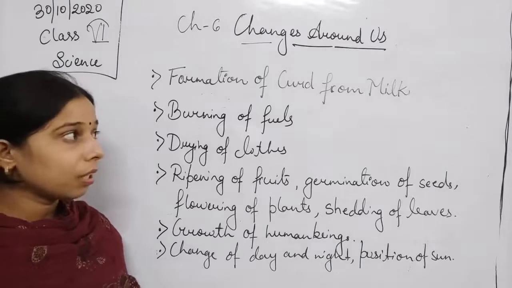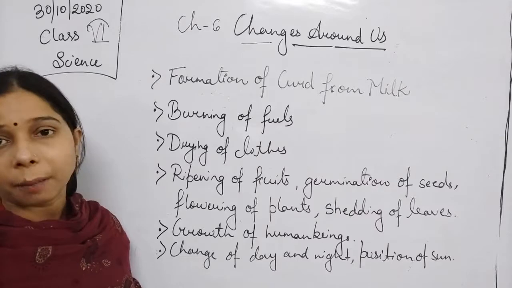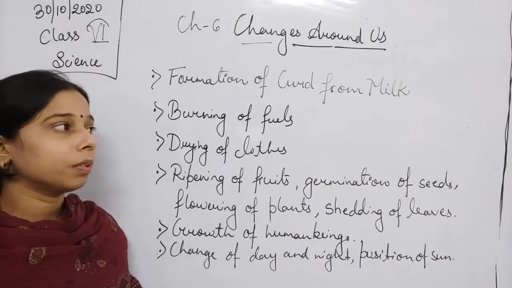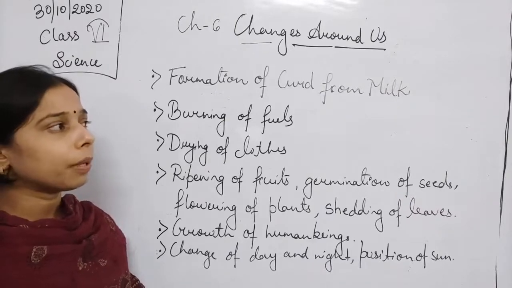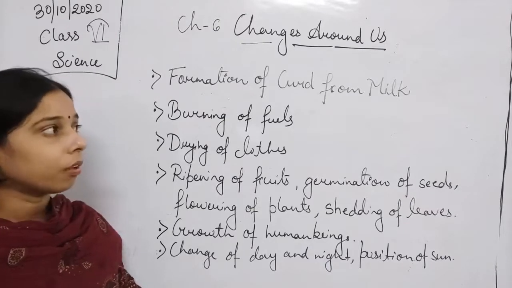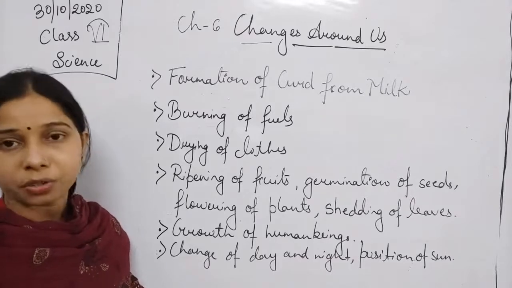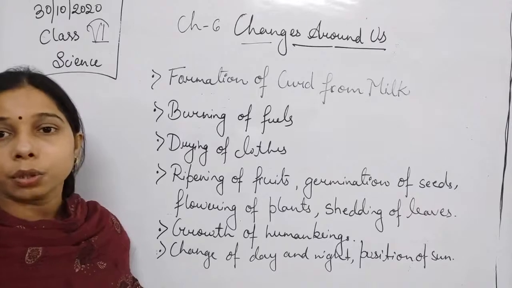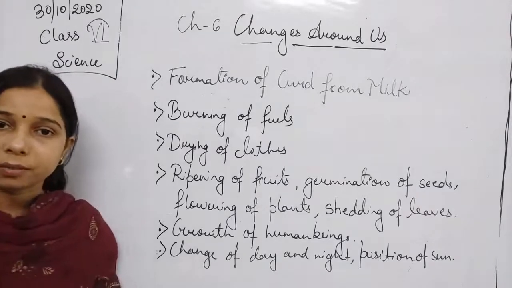Right? So you see student, if you keep milk having a moderate temperature and if you keep it outside at a proper temperature, so ultimately it will get converted into the curd, and the conversion of the curd from that of the milk is also a change. Okay, because there is a change in its property. Milk and the curd, both of them have different properties.